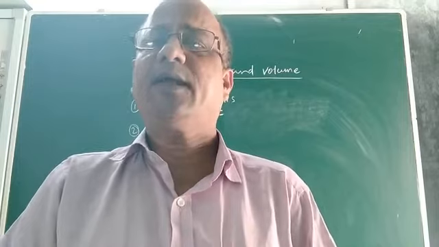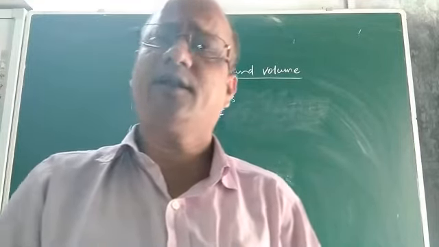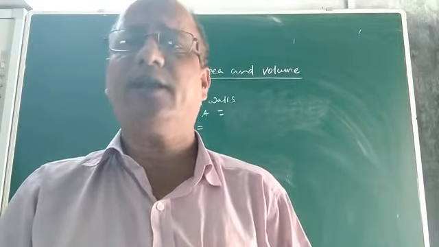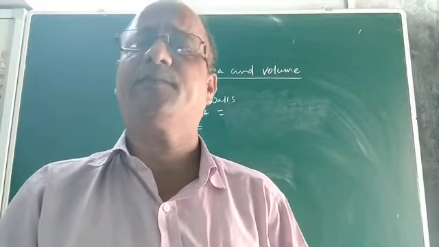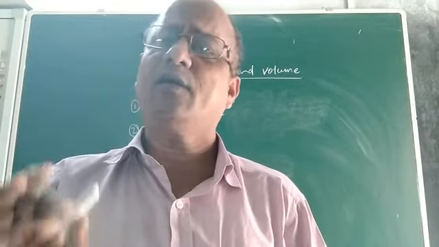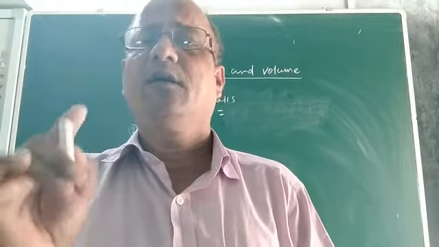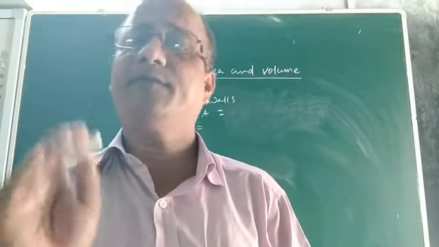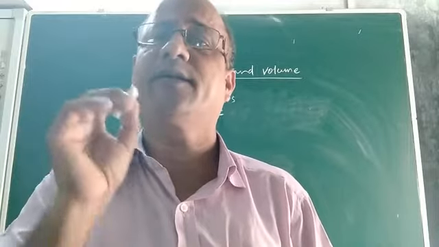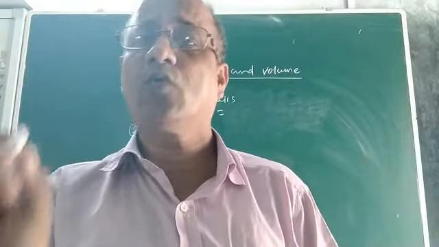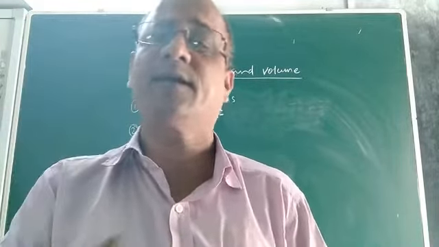Children, in the last class we completed the chapter on area related to circles. So today let us start a new chapter known as Surface Area and Volume. Children, in class 8 and 9 you have already read how to find the surface area and volume of different solids, namely cuboid, cube, cylinder, cone, sphere, hemisphere, spherical shell, etc.